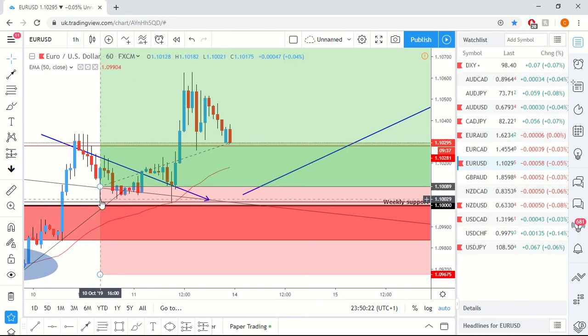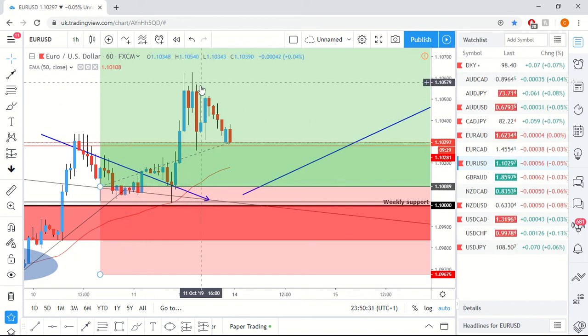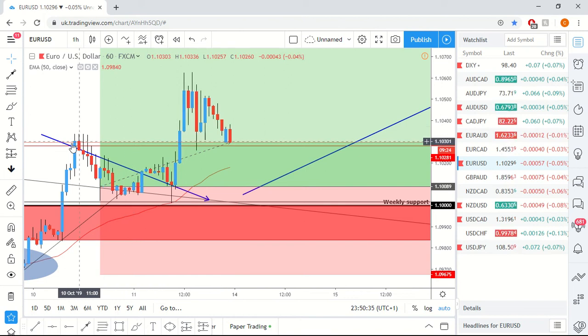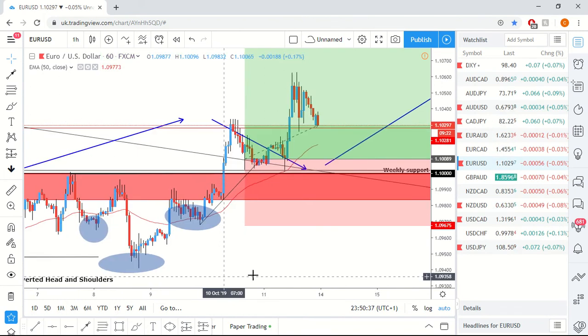As you can see with this long wick, we actually got a nice wick entry on this, and then price came down, was in a drawdown for a little bit, then it went up and made a massive move to the upside. Then we had some correction, and now we're looking for another move higher off of this minor support.